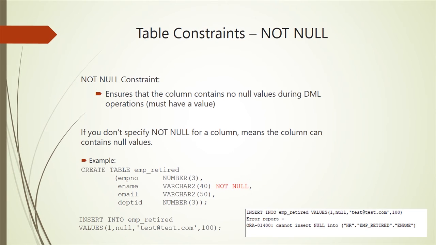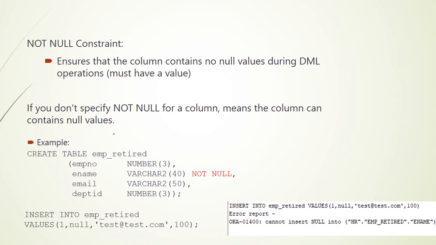The first type of table constraint is not null constraint. Not null constraint ensures that the column contains no null values during DML operation. If you don't specify not null for a column during creating a table, that means the column can accept null values. For example, create table